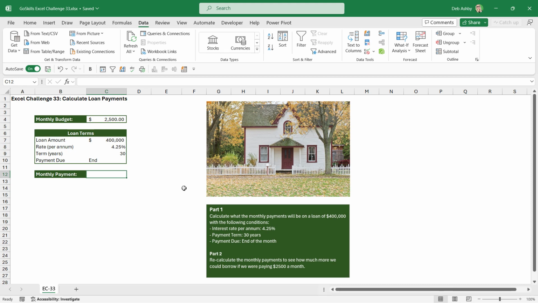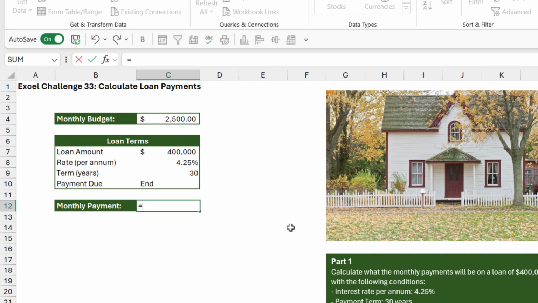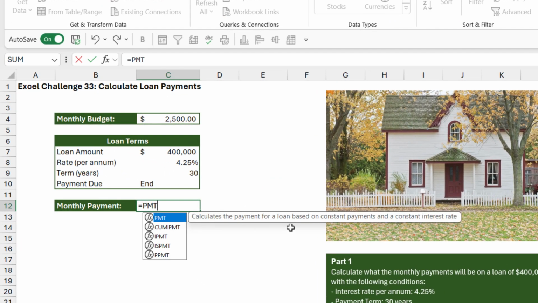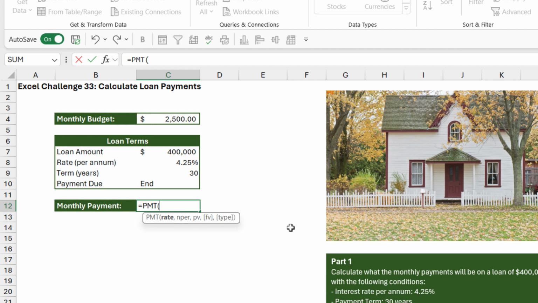So I'm going to go down to cell C12. We're going to type in equals PMT. And you can see that we have 5 arguments there, with the last 2 being optional. Now, something I highlighted was that all of these calculations must be monthly. So if we take a look at our first argument, the rate, we can see that the interest rate in the table is 4.25%. So we're going to select cell C8,